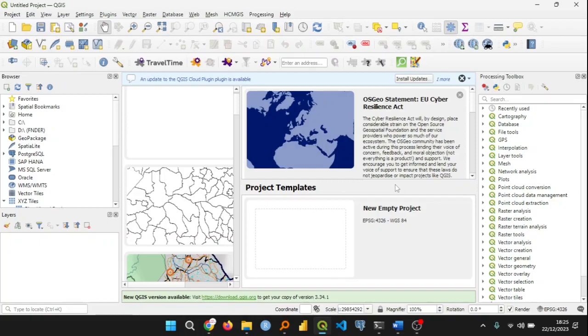Look at the basic map navigation. We look at the toolbars, how to navigate with your map, and then we look at attribute tables, what an attribute table is, how to get your attribute table. And with that,